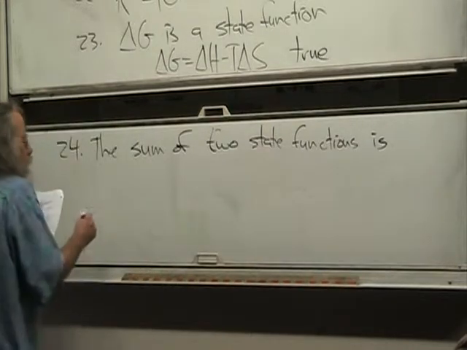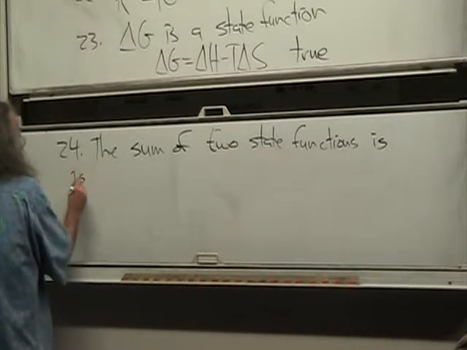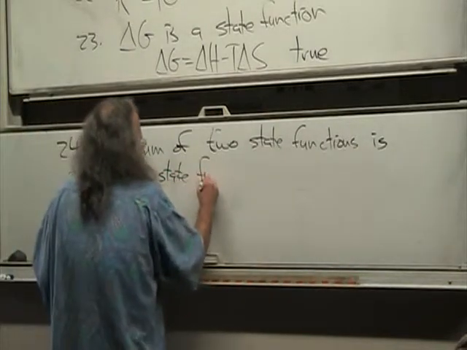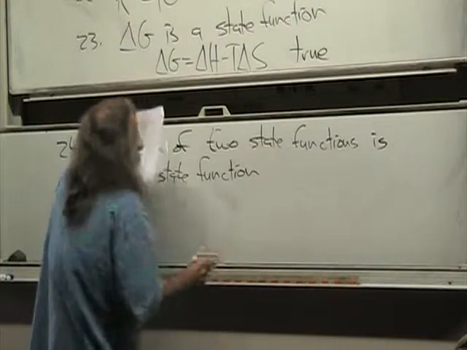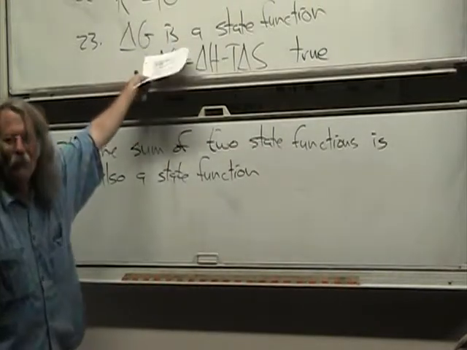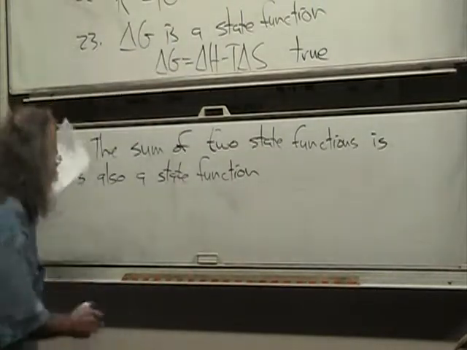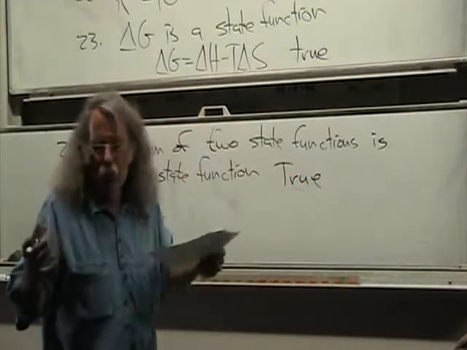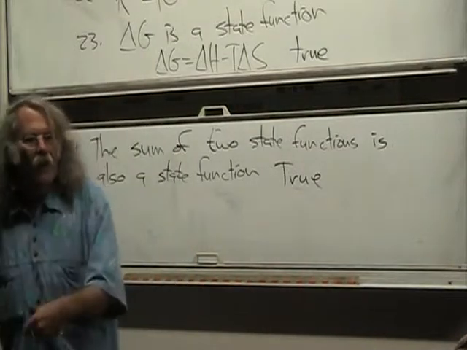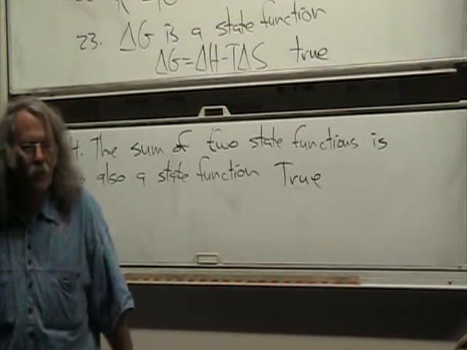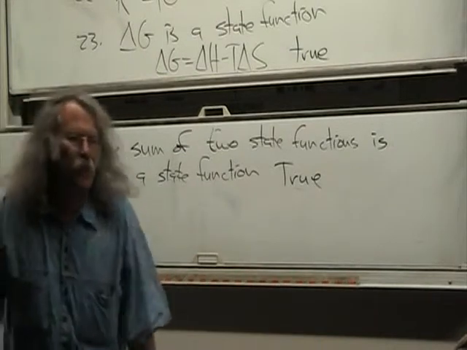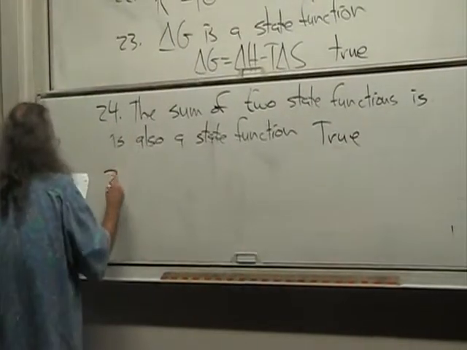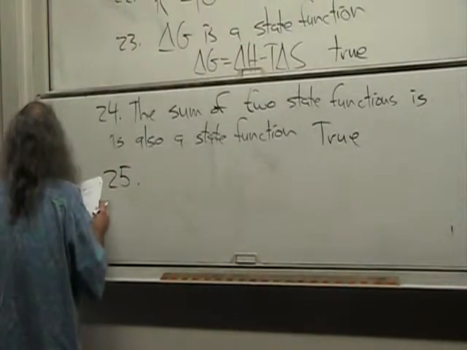The sum of two state functions is also a state function, which we just used for our explanation of the previous question. This is, yes, if one thing is path independent and it's added to another thing that is path independent, it's path independent. It's going to be a state function. And so that one's true. And now for 25, I think is the one you're referring to,